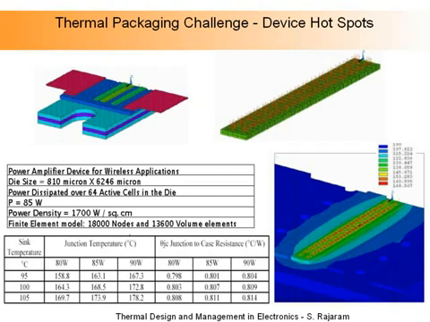Now, we do this through experiments, we do it through modeling, and this is an example of a finite element model using 18,000 nodes and 13,000 volume. And these red dots that you see are actually temperature. This is the hottest spot where the device is dissipating. And then from that we calculate the temperature of those hot spots. Those are called the junction. The junction is where the transistor power is being dissipated.